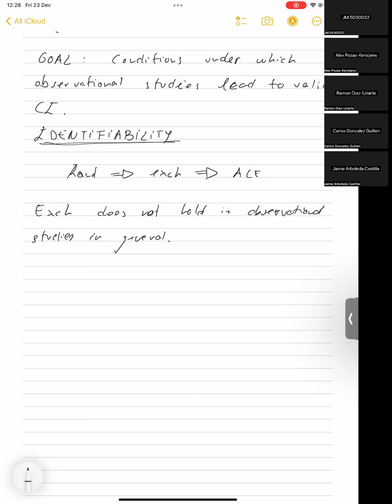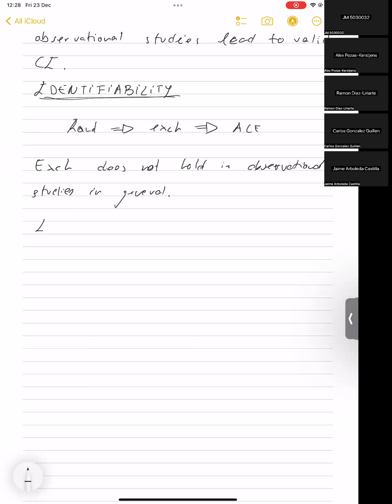The solution for this, so in observational studies, is to analyze data